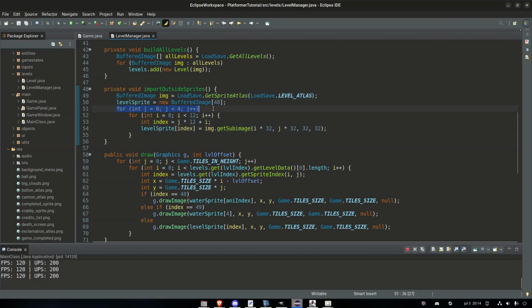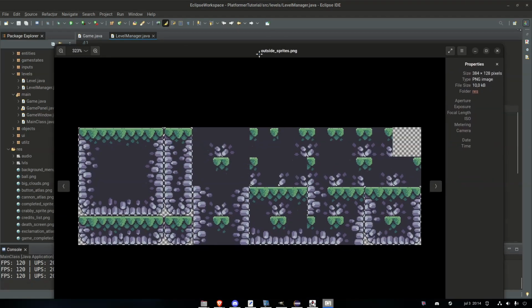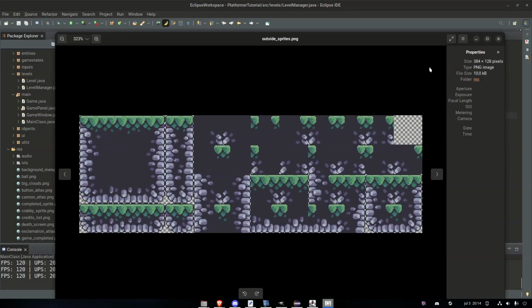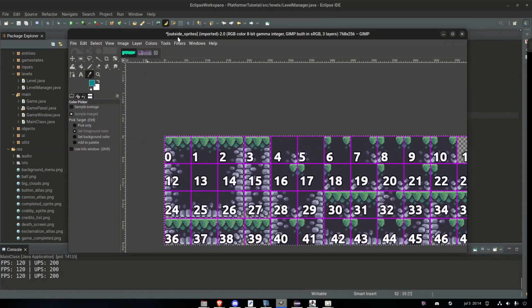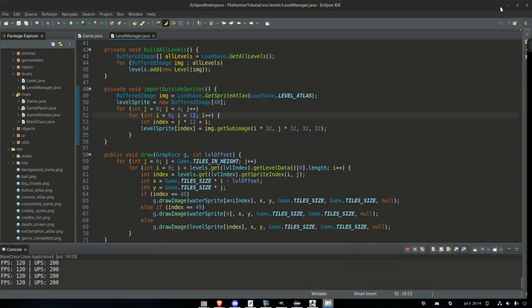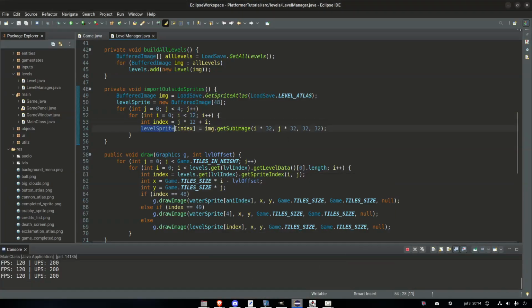So we have J4 because we have 4 rows, and 12 because we have 12 in each. So that's why the first one is 0, 1, 2, 3, 4, all the way to 11. And then it jumps down to the next one, 12, and they are all stored inside this level sprite array,